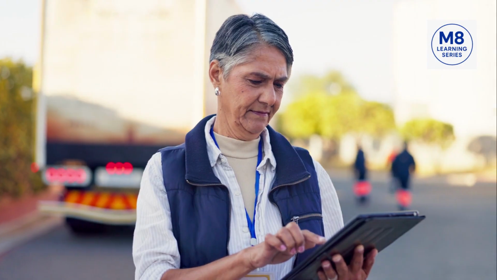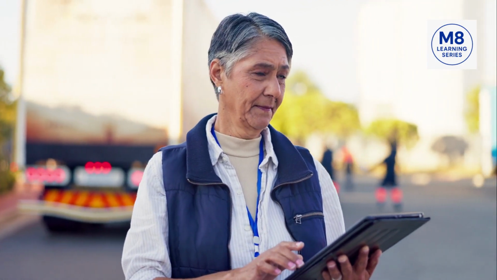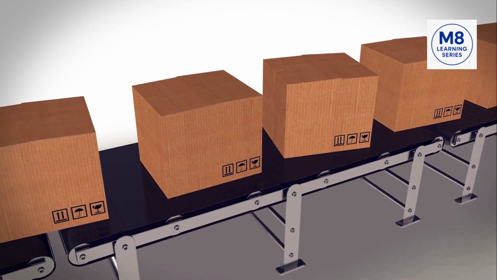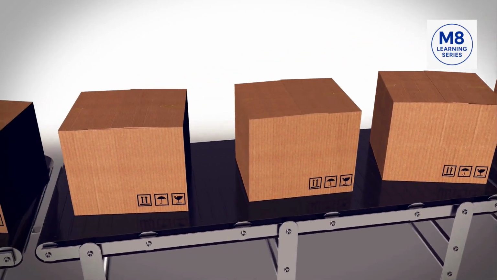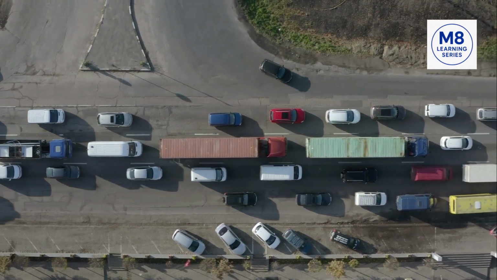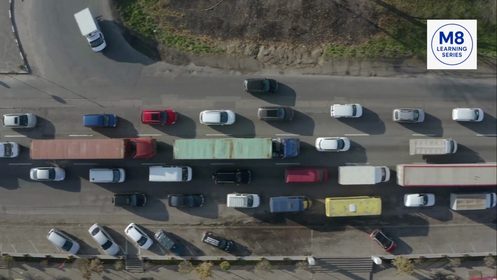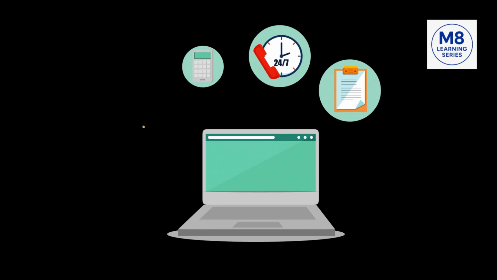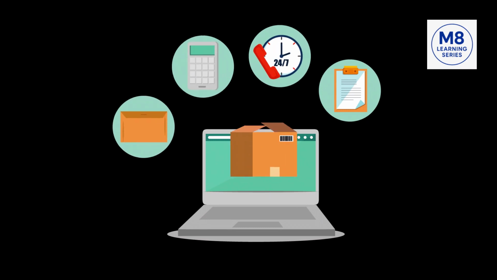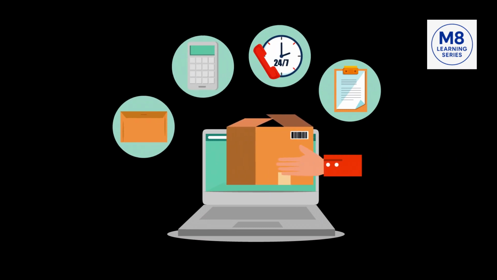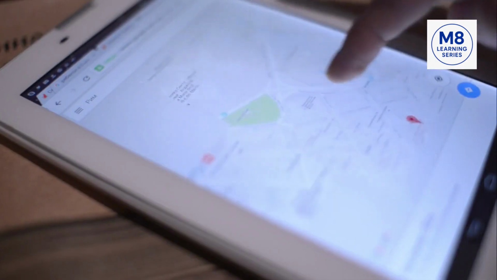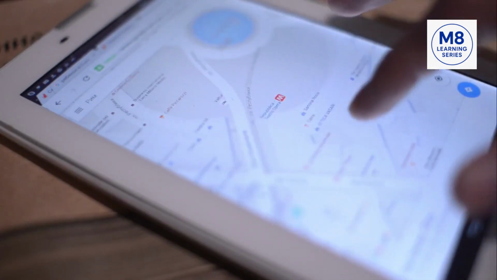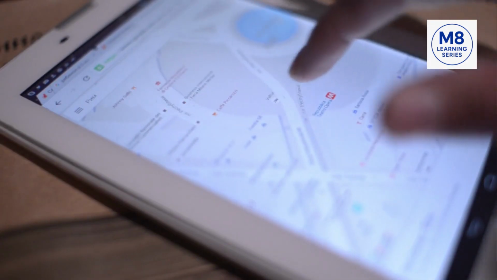A logistics BA might analyze delivery routes to save fuel and time, streamline warehouse processes to reduce errors in packing and shipping, work with drivers to understand real-world roadblocks like traffic delays or unclear drop-off instructions. For example, you might discover that drivers often miss deliveries because customer addresses are outdated. Your BA solution? Work with the application development team to create a system that verifies addresses automatically, saving thousands in